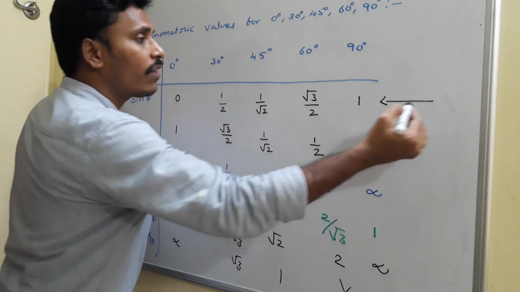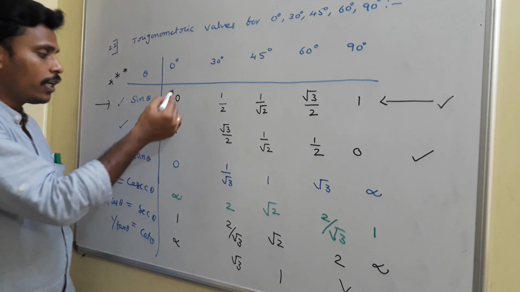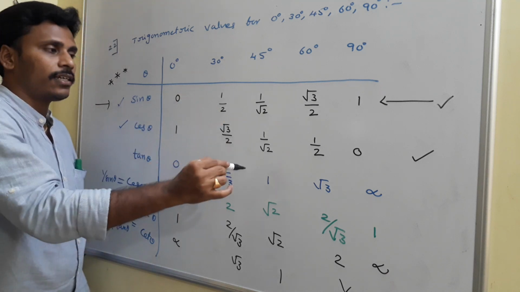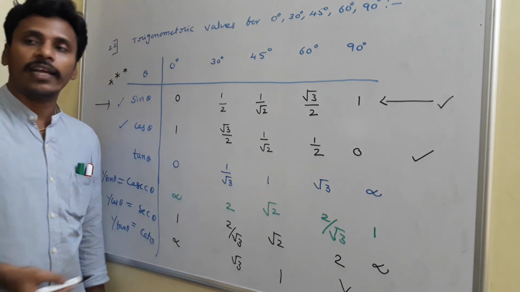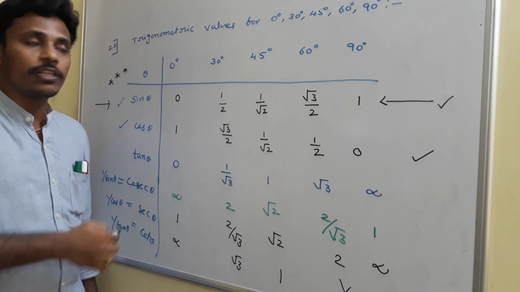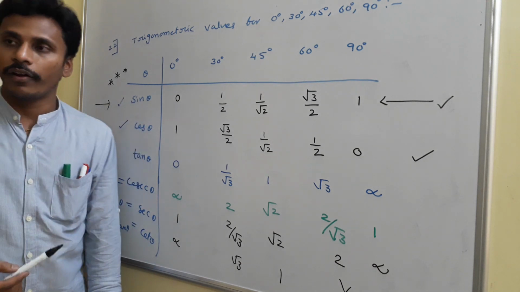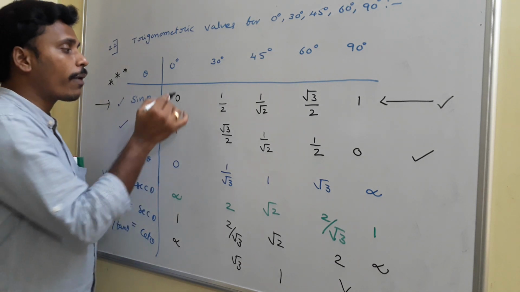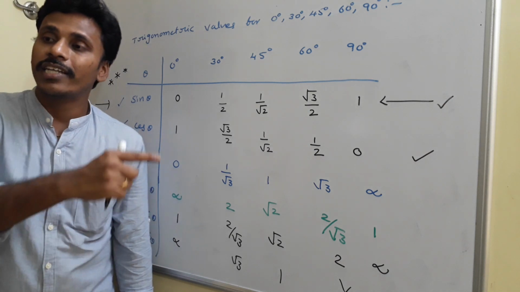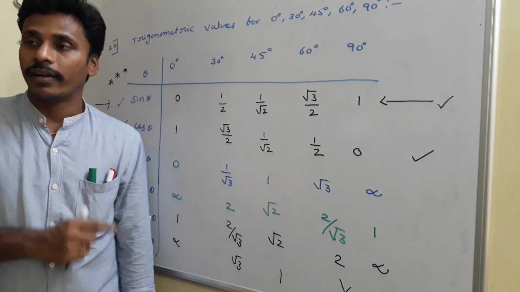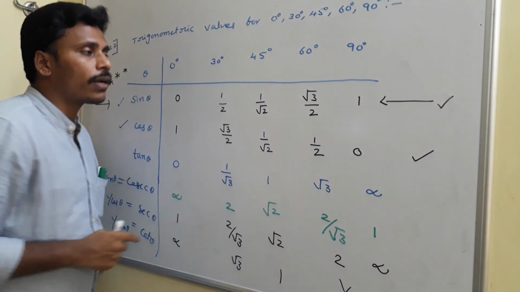And after having the values for the first row and second row, that means for sine theta and cos theta, you divide to get tan theta, right? And then you just reciprocal the first 3 rows, you will get the next 3 rows. Actually the table is meant for these 5 angles and for these 6 trigonometric ratios. But if you memorize the first row, then that idea automatically generates each and every value of this trigonometric table. Is it clear? See, memorizing this first row is somewhat important, okay?